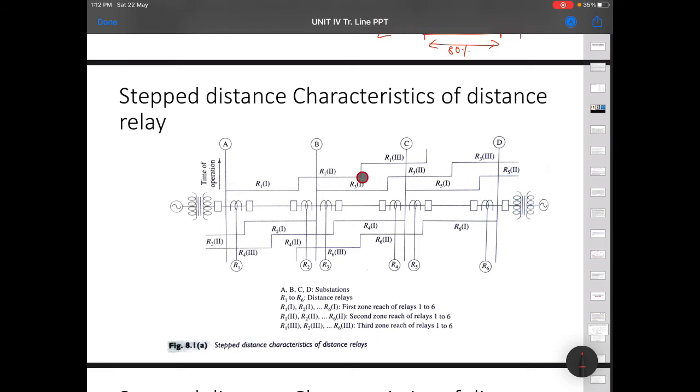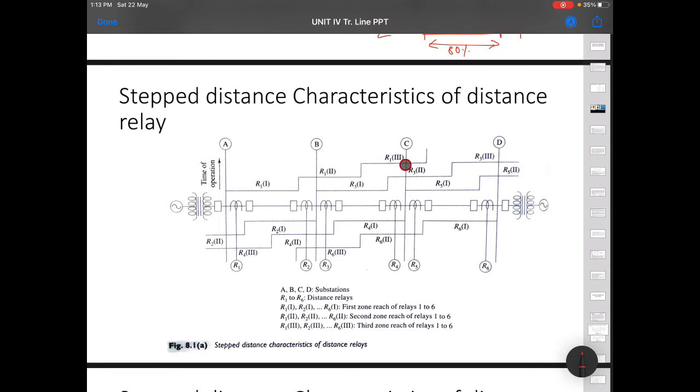Similarly, zone 3 is 50% of the next section. The section for R1 primary is this section, so zone 2 covers up to 50%, and zone 3 from the next 50% to 20% of the section after substation C. This is how it is.